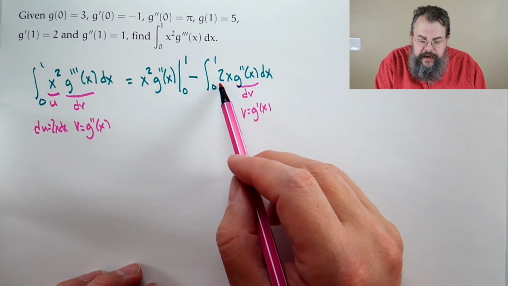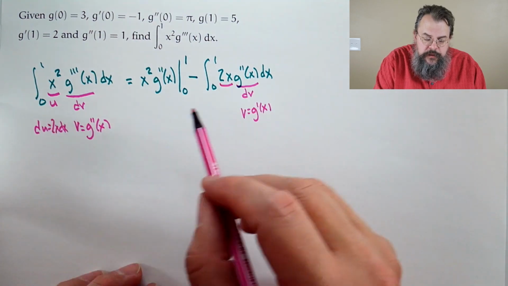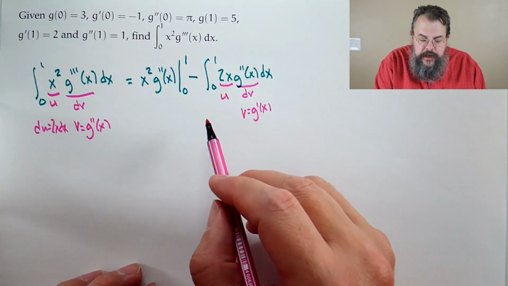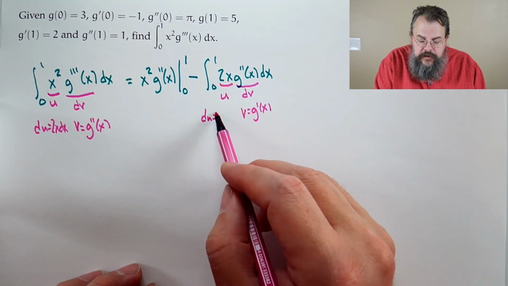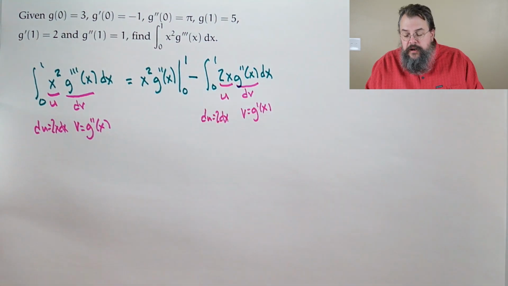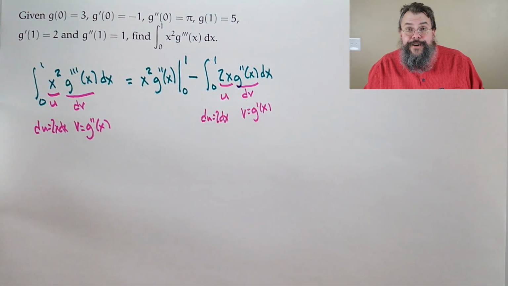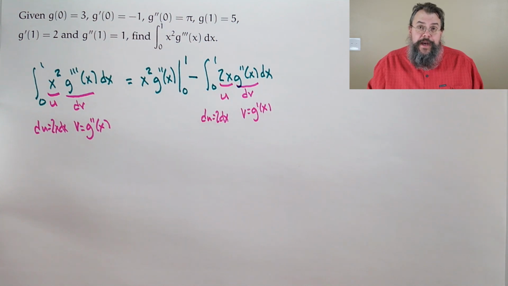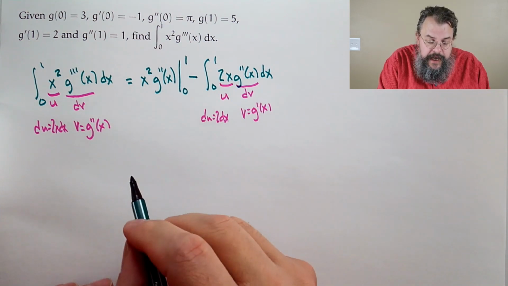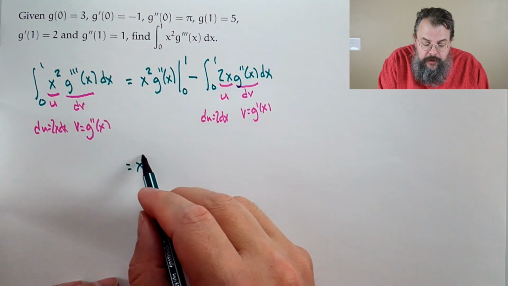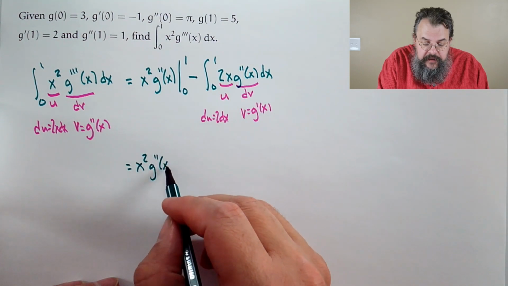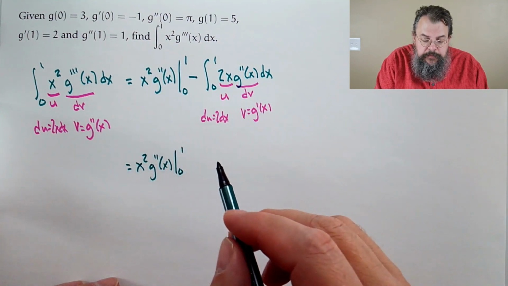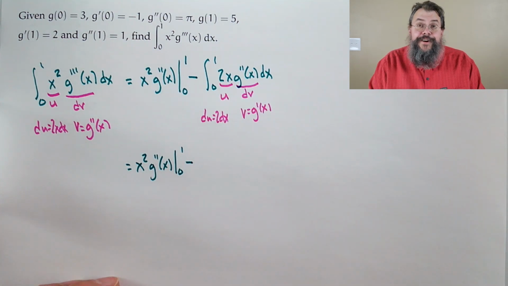So the 2x came from what was u before, so it's our new u now, which means that our du is 2 dx. Okay, so now let's update. What do we have? Well, we have x squared g double prime of x from 0 to 1 minus, okay, now